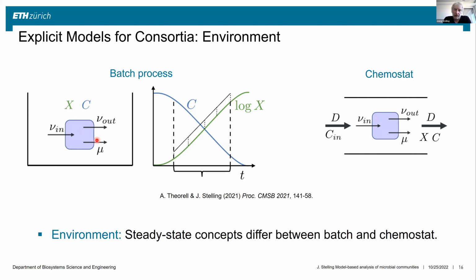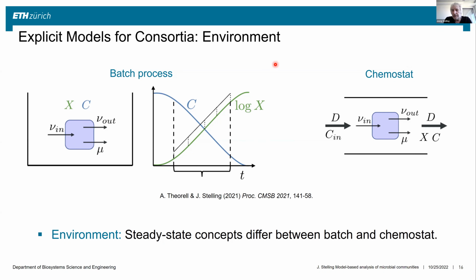Because this is all in steady state, this essentially only holds when we make a quasi-steady state assumption. This is now the same over time. We have decreasing concentrations of nutrients, increasing concentrations of biomass, and this holds in quasi-steady state over this exponential growth phase. So we were wondering to what extent this assumption on the environment actually has an influence on the outcome of the predictions. So we made the other possible alternative, which is also much more relevant for consortia like our